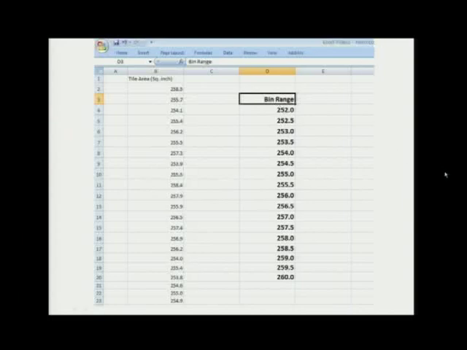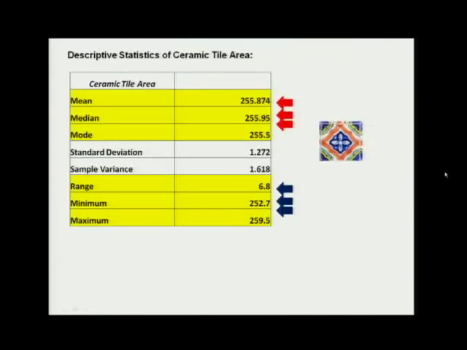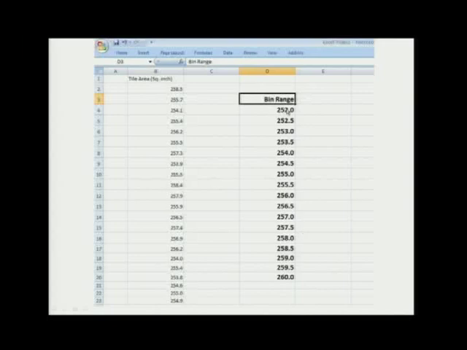We can then go to Excel, as we mentioned before, and create a bin range. Notice that this bin range is created based on the information we got from the descriptive statistics table. We have a minimum of 252.7, a maximum of 259.5. We select a value that's below the minimum, here we have 252, and go all the way to a value that's above the maximum, here 260, and then we select the